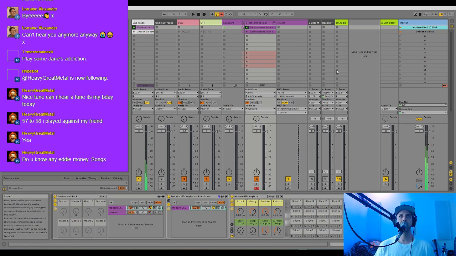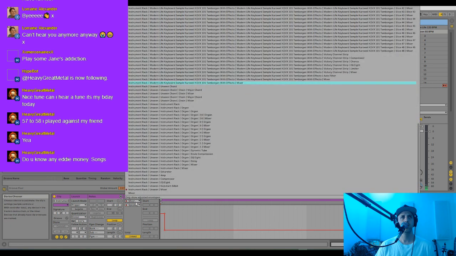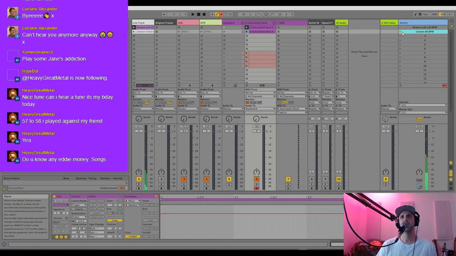Yep. And then I just need to do the same thing with this. So this is Modern Life. Needs to turn off. The Unseen needs to turn on. So now I just have that one automation point that will set it up. So when I go Unseen,